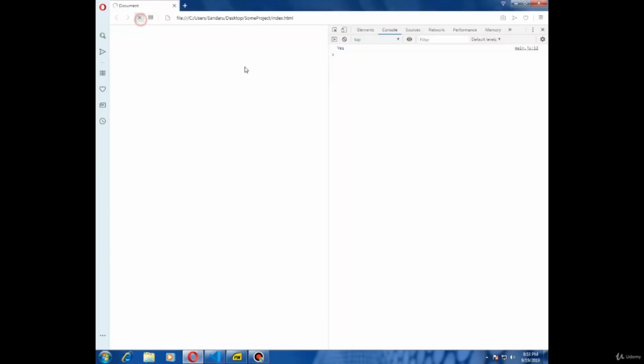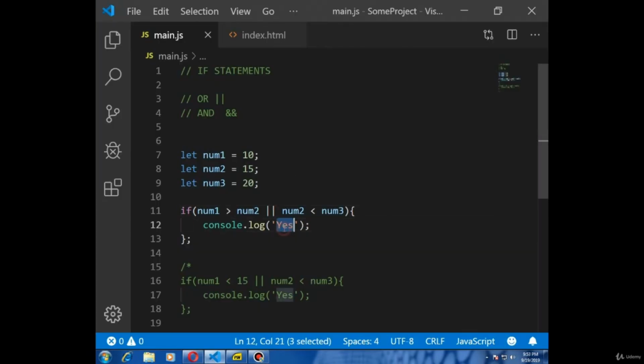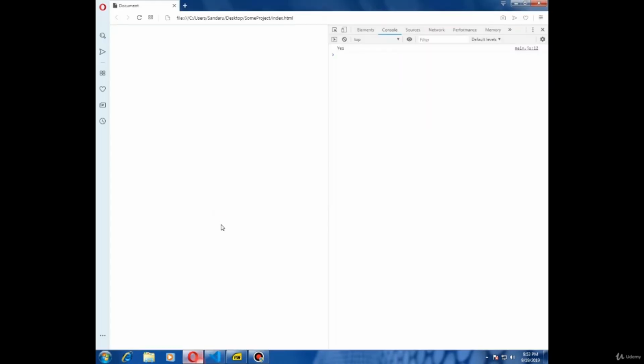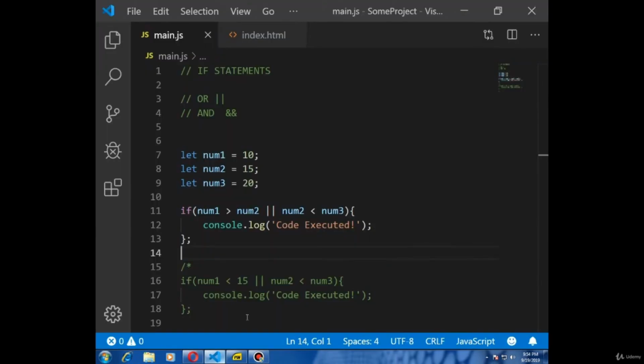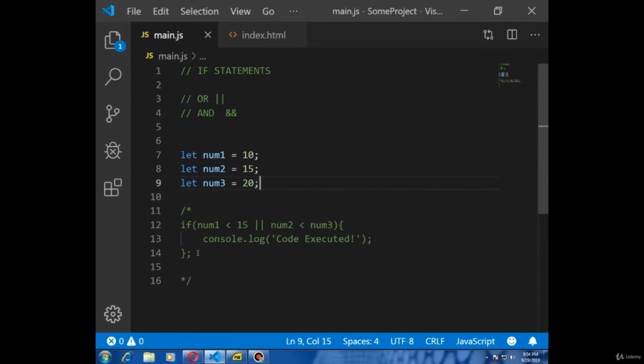Go to this one, reload, code executed. Let's change the message. Code executed. Code executed. Code executed. Remove that and see this